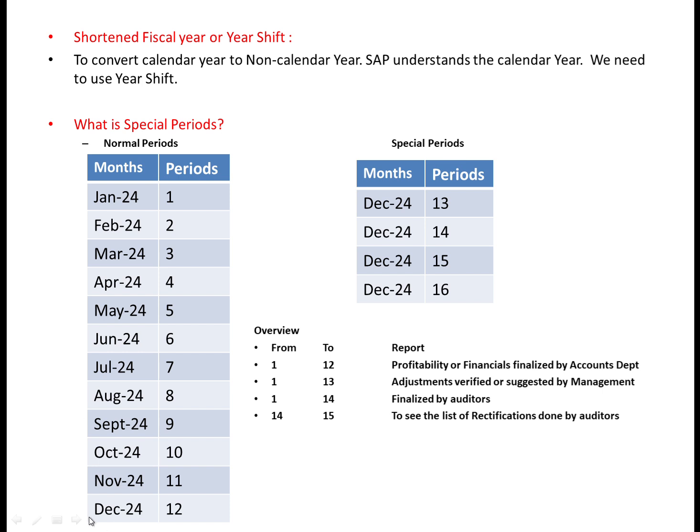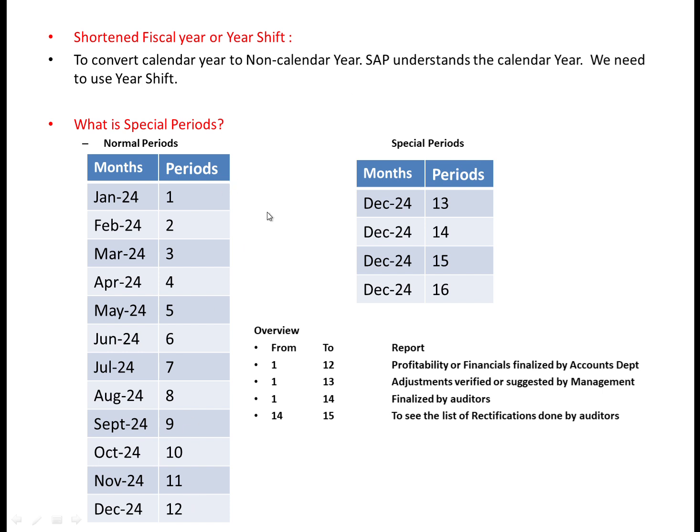Okay, and always the special posting periods will be considered as the final month of the posting period. For example, if we take January to December, the first posting period will be January and the ending posting period will be December, the 12th. After this 12th posting period, periods like 13, 14, 15, 16 will also be December,